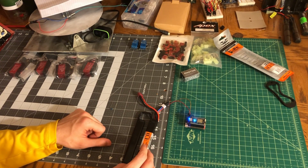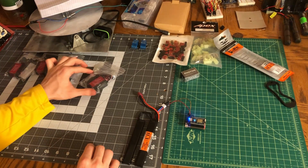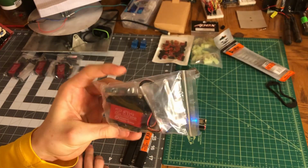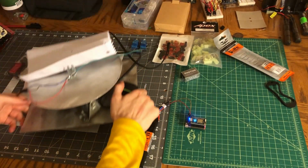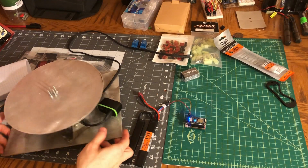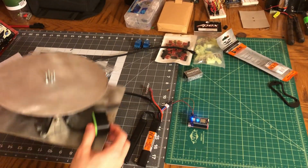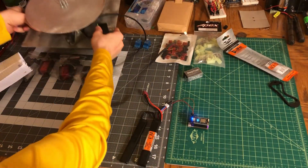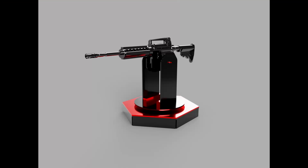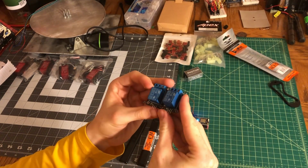As well as I should be able to effectively shoot the gun from my phone. Which will go into a project that I'm using these 20 kilogram per centimeter stall torque servo motors, which is what this was right here. It was a prototype of that. I had it run by the Photon. I basically had the Photon running this small little servo motor in there, if you can see it, just turning this base. But I have CAD modeled a much bigger base that I am going to post a video on. But my original idea for this Photon project was to use these relays, and so the idea, actually